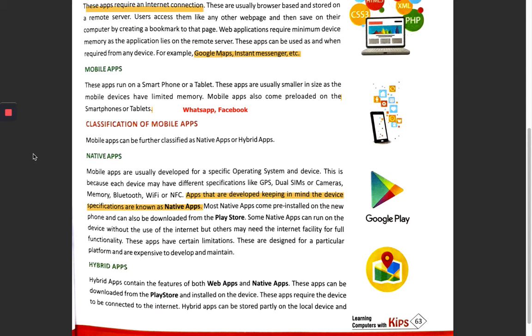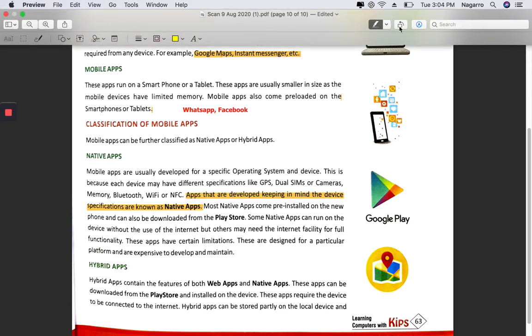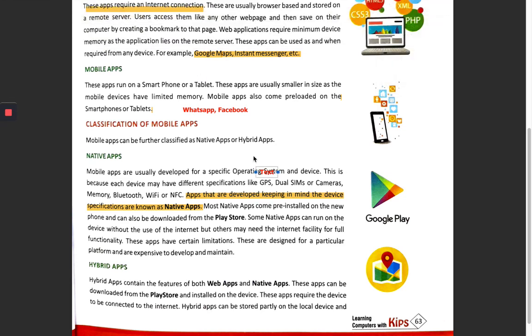For example, the most popular gaming app, Candy Crush. Let me write it. It is a hybrid app that can be placed on a mobile phone as well as on the web.